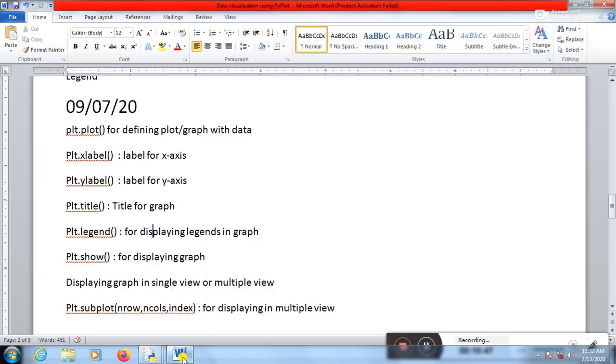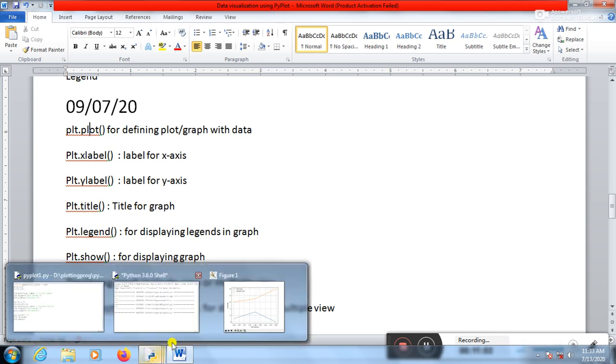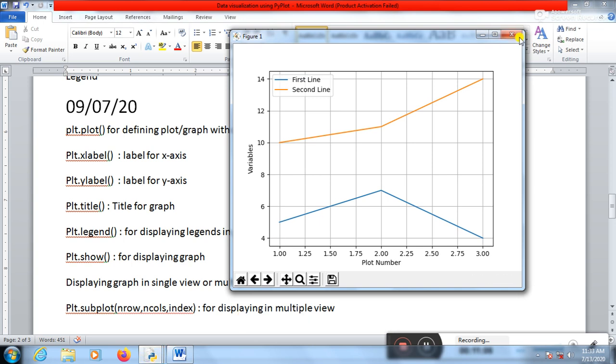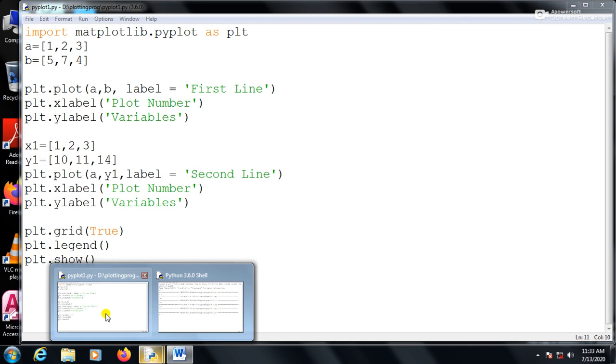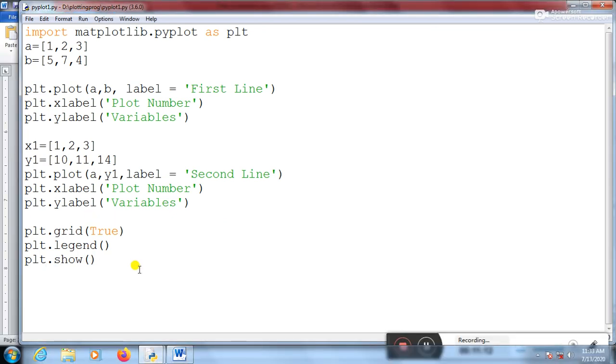X label for the x axis, y label for the y axis. Now title, I want to give a title to a graph. Right now there is no title, so if I want to give a title, how to provide it? We can write over here plt.title, and then the title, say, progress.